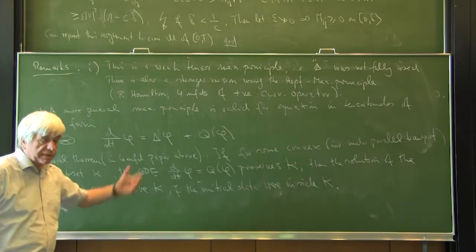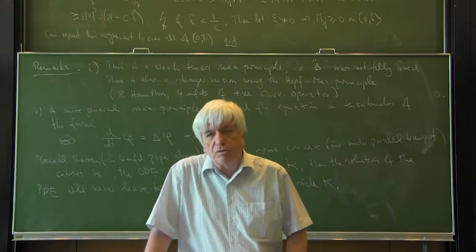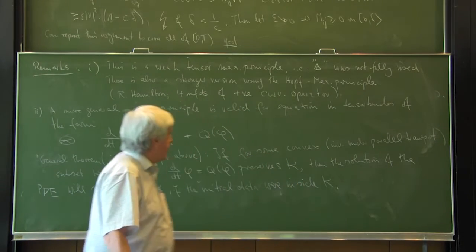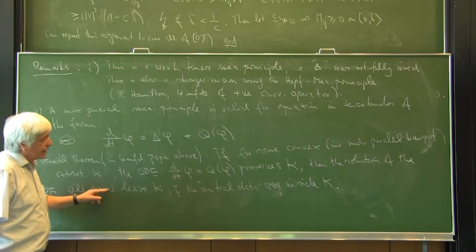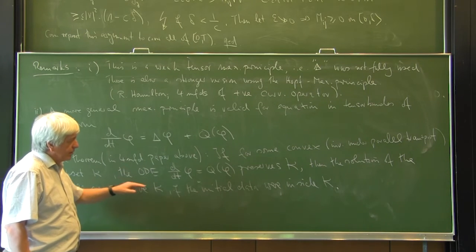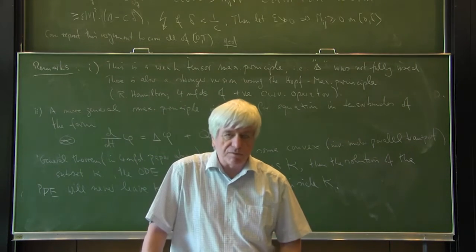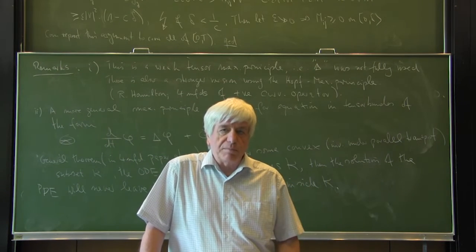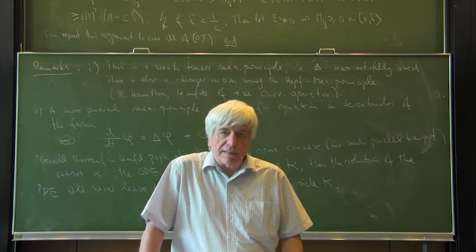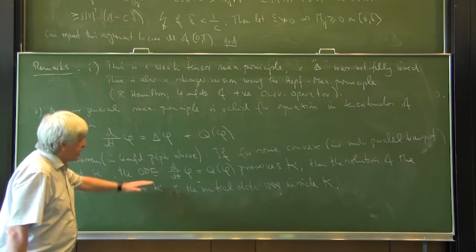So in our case, the convex set K would just be the positive cone of all positive symmetric matrices. And in our case, we have just to show that the ODE system never leaves the boundary of the positive cone. The boundary of the positive cone in the class of symmetric bilinear forms was, of course, given by those tensors that have zero eigenvalues. So we have to show that the ODE doesn't leave the cone.